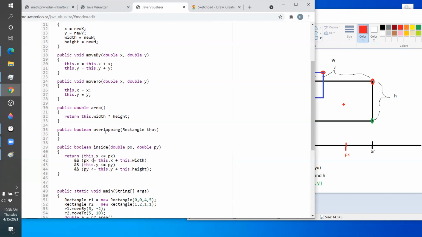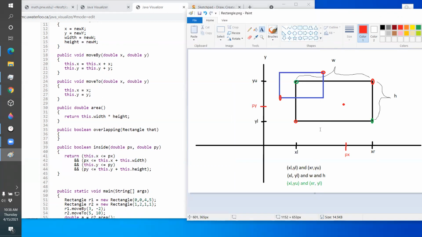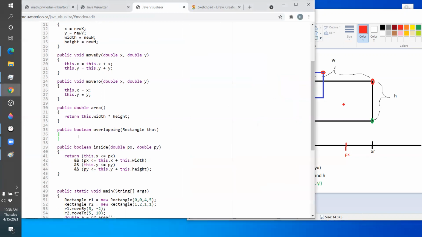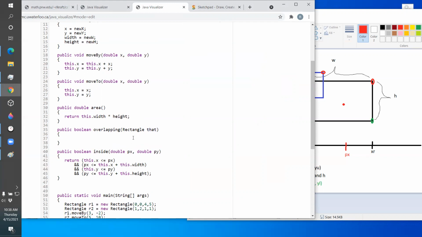Okay. Now, what about overlapping? Remember, we said that this rectangle is overlapping that rectangle if one of its corners is inside of this rectangle. So over here, I need to ask 4 questions. I need the 4 corners of that rectangle. And for each corner of that rectangle, I need to ask if it's inside of this rectangle. Okay, so I'm going to return,